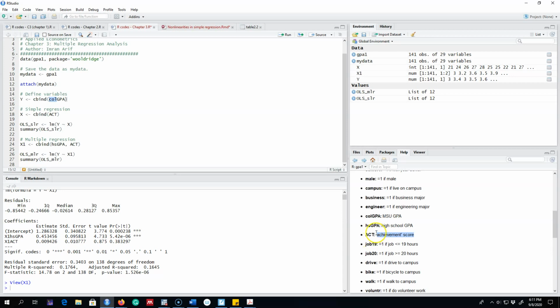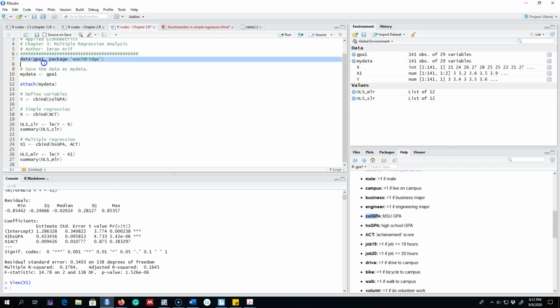Similarly, high school GPA may also have a positive impact on your college GPA, because high school GPA captures many personality attributes and the amount of effort that you put in your work. A higher high school GPA means you are a good student and you will perform better in college, which means your college GPA will be higher as well. So we started with a hypothesis.